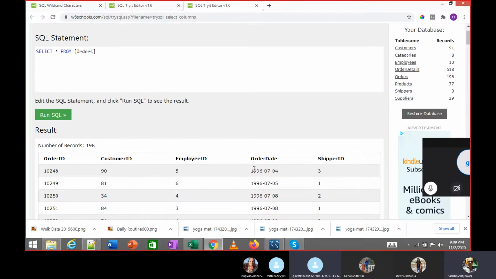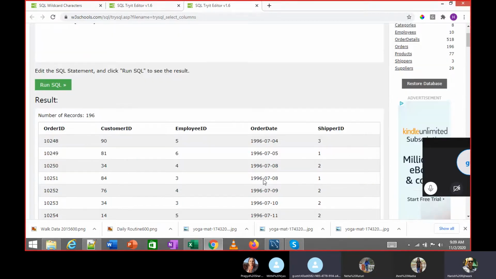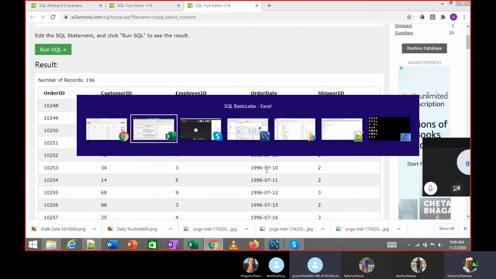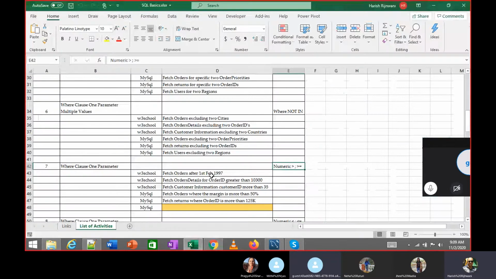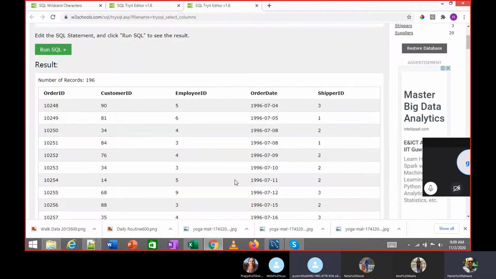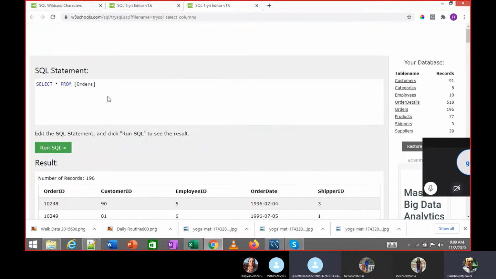So you notice over here in this orders, there is a date. Let's say I want to fetch only those records where the date is after 1997, 1st Feb. So I can write that as well.